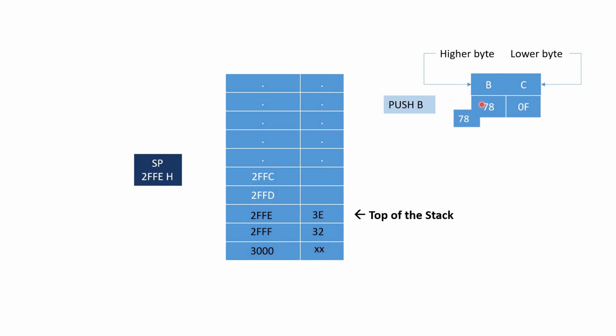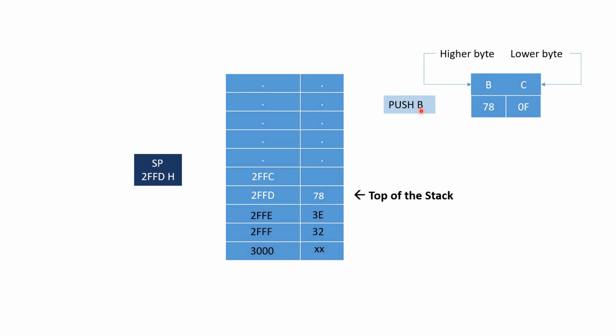So you simply copy the value 78 from B in here, SP gets decremented, and as SP is holding this value 2FFD, that means this particular memory location is now your top of the stack. Now always remember a fact that push instruction is always followed by a 16-bit operand. That is, you cannot push a single byte at a time. You have to push 2 bytes, or if you are popping, you have to pop 2